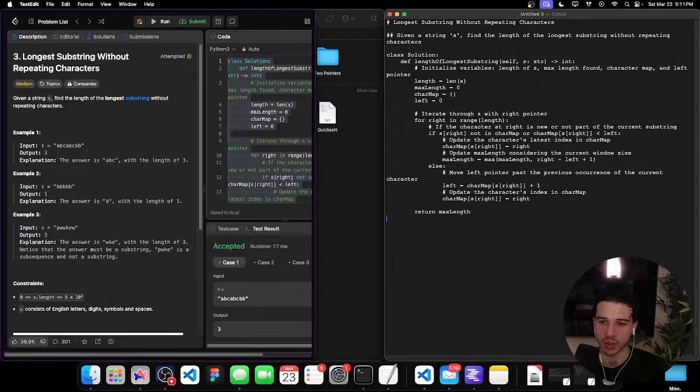So max length equals the max between the current max length and right minus left plus 1. Else, move the left pointer past the previous occurrence of the current character. So left equals char map[S[right]] plus 1, and then update the character's index in char map: S[right] equals right, and return max length. So